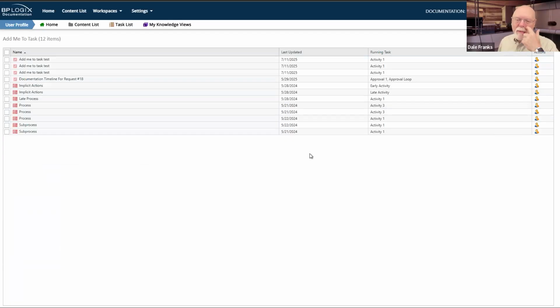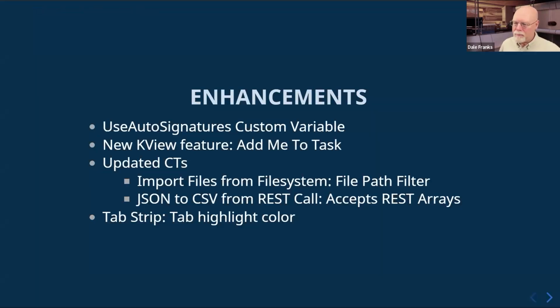So what this enables you to do is just to run a knowledge view to return these timeline instances, see what tasks are running, and if you would like to be a participant in that task, you can simply click the Add Me to Task icon or menu, and you can be added to the task automatically so that you can participate in whatever activity is running.